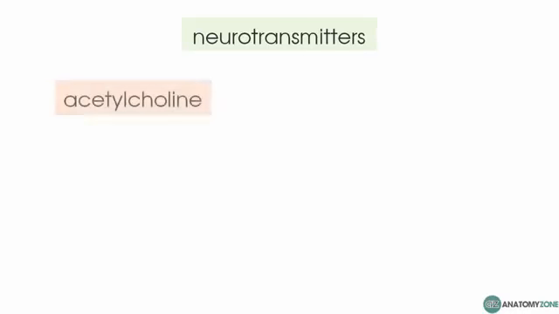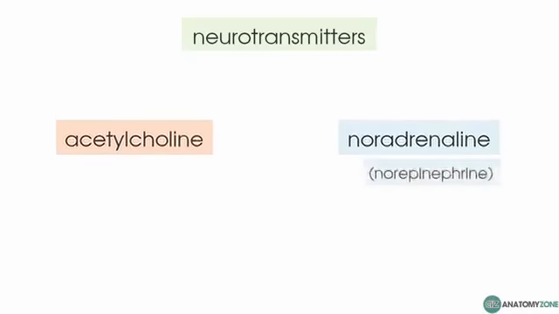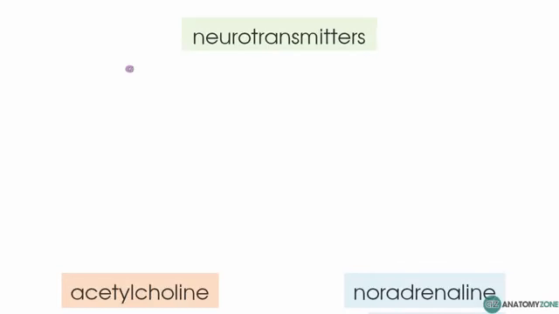So the next thing I want to talk about is the neurotransmitters within the autonomic nervous system. There are two main neurotransmitters, acetylcholine and noradrenaline. Noradrenaline is the same as norepinephrine. So this is a motor neuron of the somatic nervous system, and the neurotransmitter in this instance is acetylcholine released